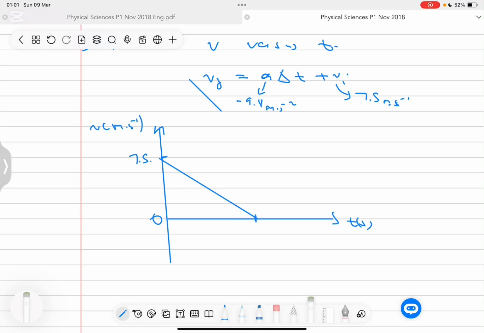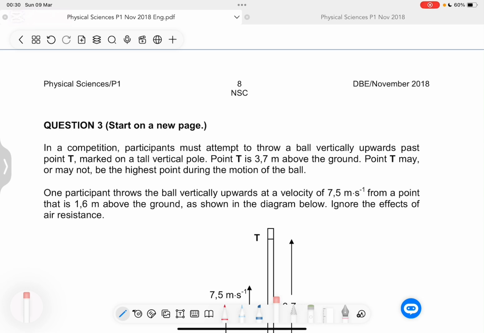Our time, we calculated it to be 0.77 seconds. And that's all. That's what you need to draw. And there is no such thing as practice makes perfect. Practice makes progress. Let us look at question 3